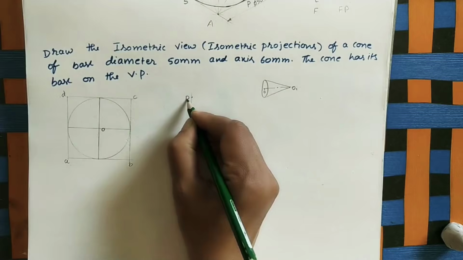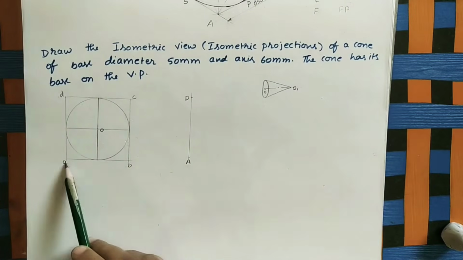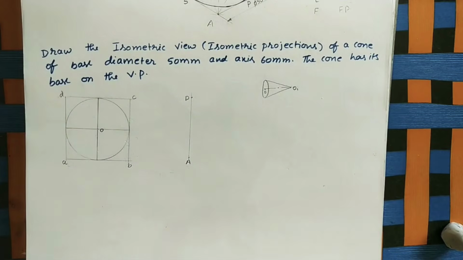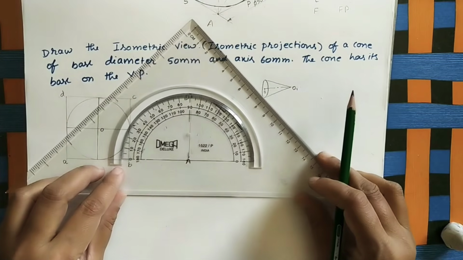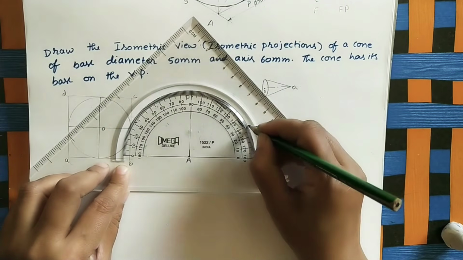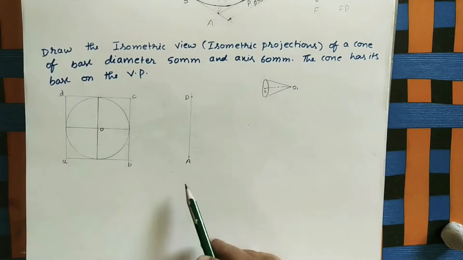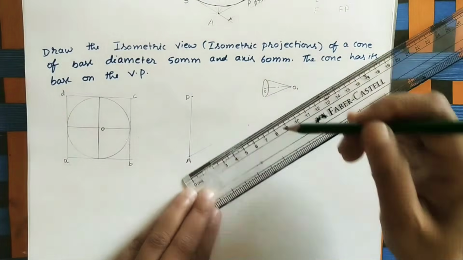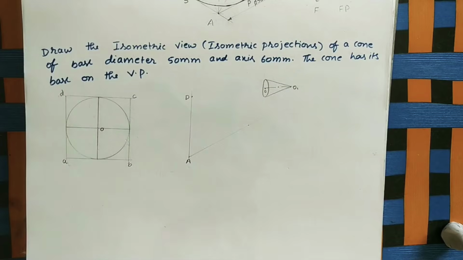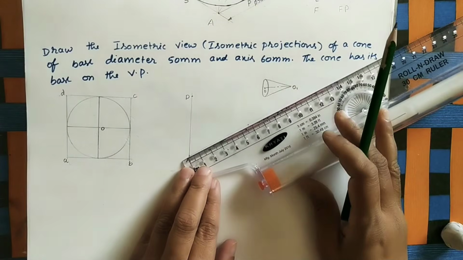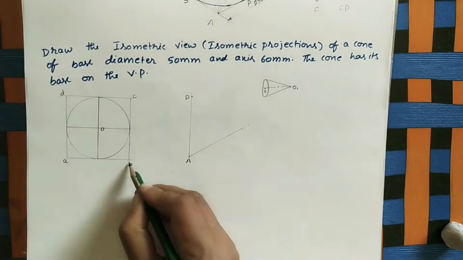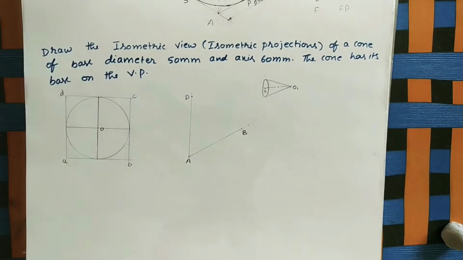At point D, the vertical line is as it is. Whatever horizontal lines are there, those are tilting 30 degrees. So mark the 30 degrees by using the protractor. At A, take 30 degrees. Just draw one line here. On this line mark the AB length. How much is it? It is also 5 centimeters. So mark 5 centimeters on it. Now this point is point B. Write B in capital letters.